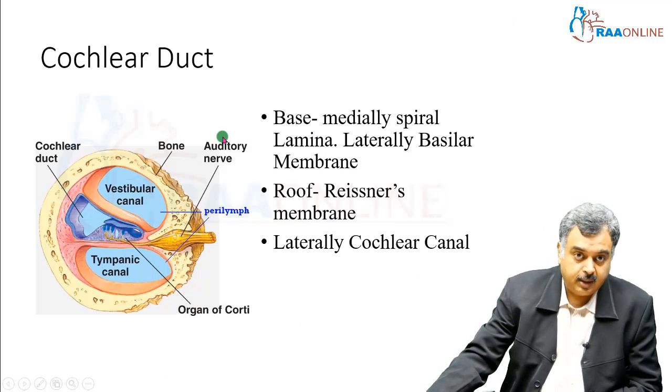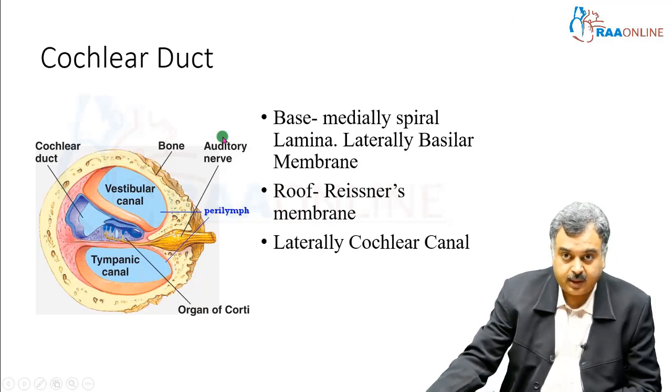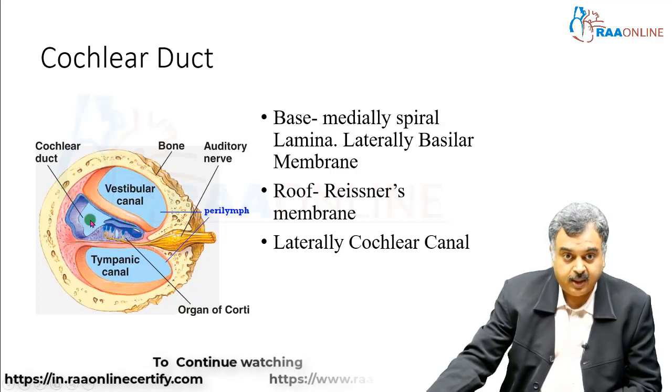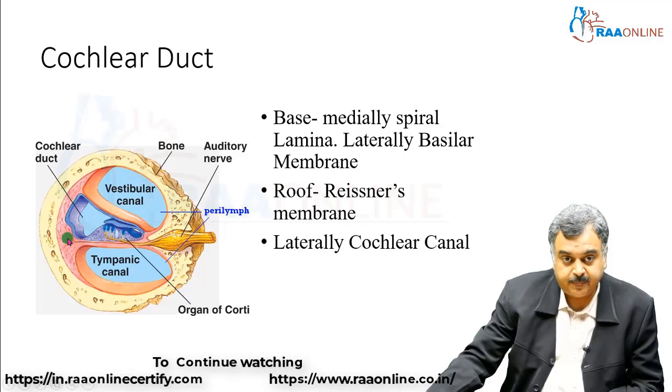The cochlear duct has a base which is formed medially by the osseous spiral lamina and laterally by the basilar membrane. The roof of the cochlear duct is formed by Reissner's membrane, and laterally you have the cochlear canal wall, which contains the stria vascularis. So the cochlear duct